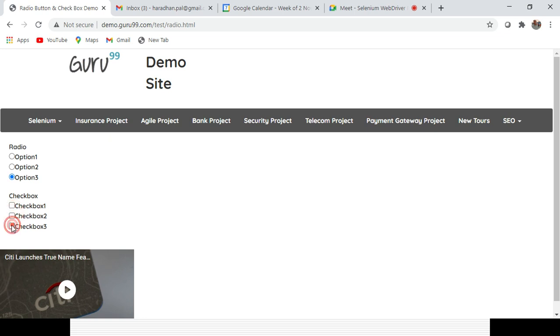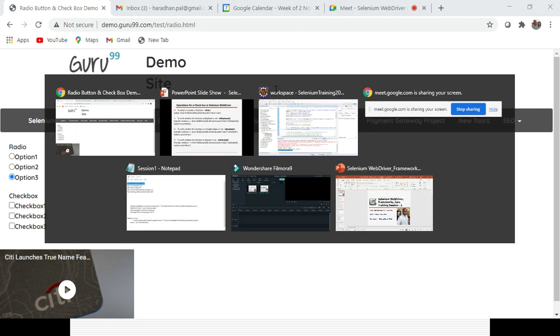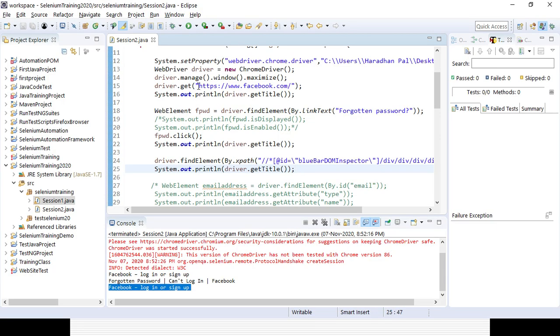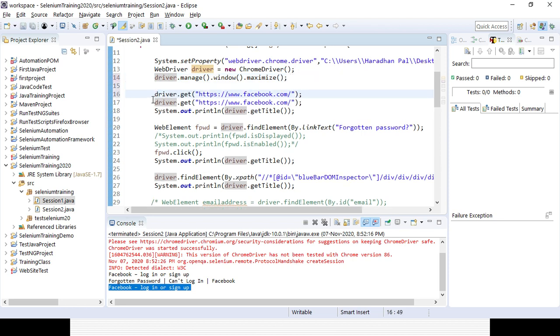So first you need to pass the URL here. I will comment out this line of code.